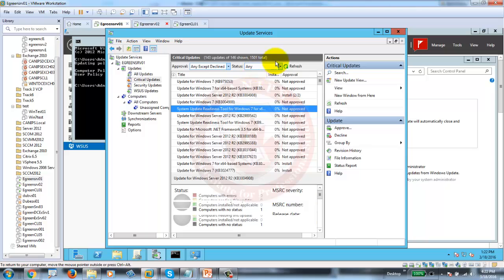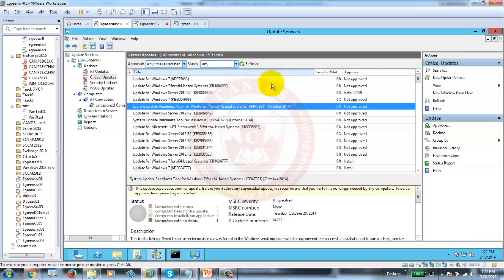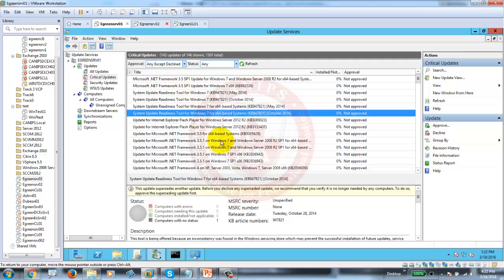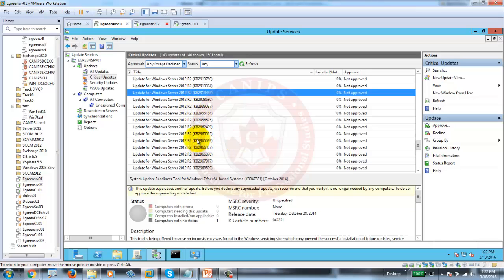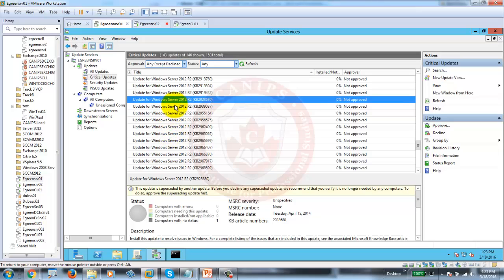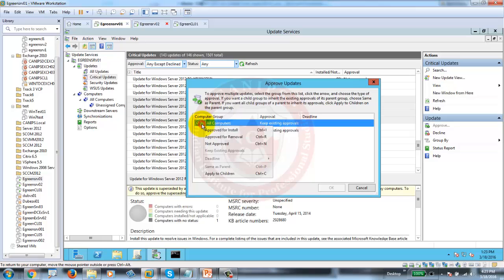so let's say it's going on. Let's say if I need to look for all 2012 updates here. So 2007, these are all 2012 updates. Let's select a few updates and approve. Approve for who? Approve for